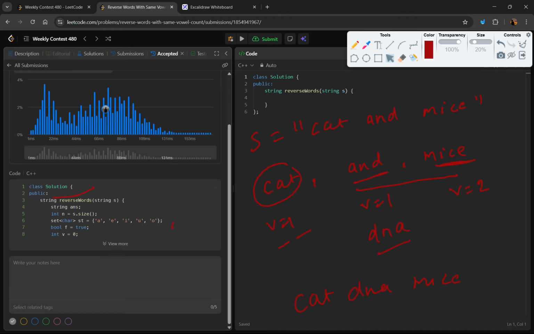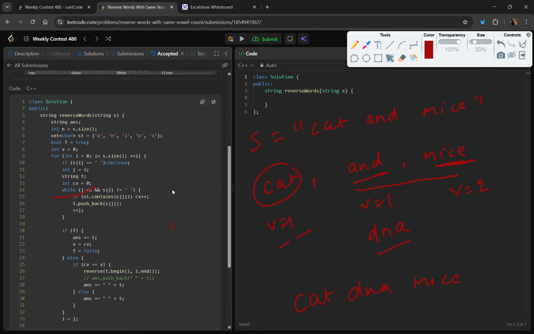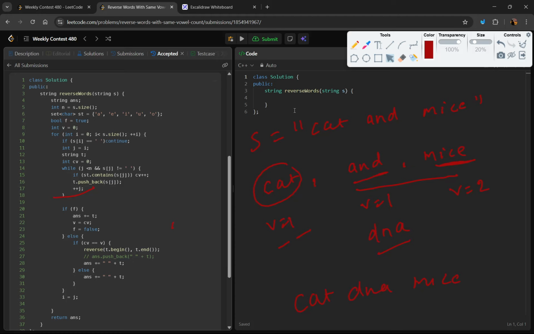So this is my solution. By the way, I have not used any extra vector of strings to store the words. I have just directly done this in the for loop. And for checking the vowel,